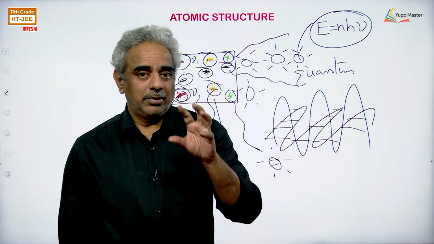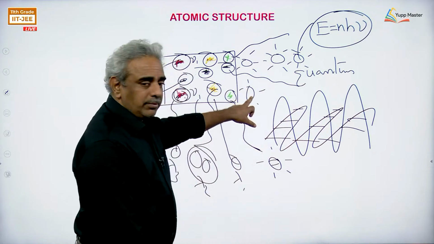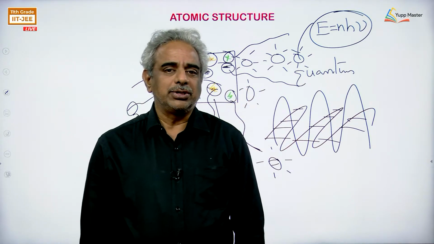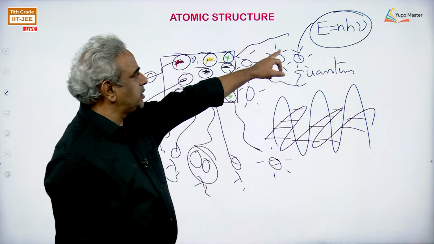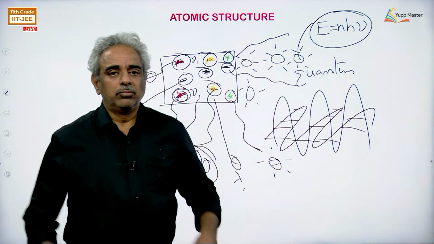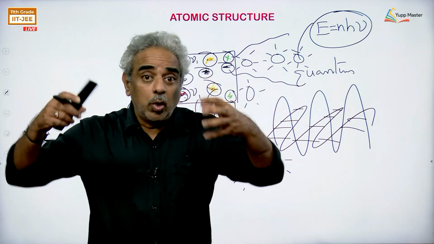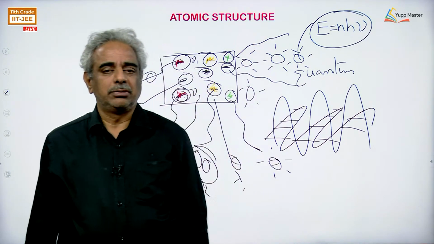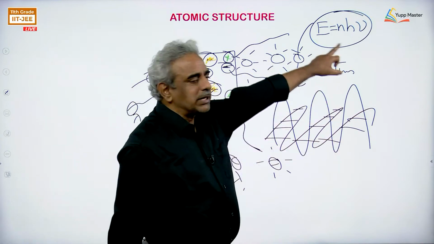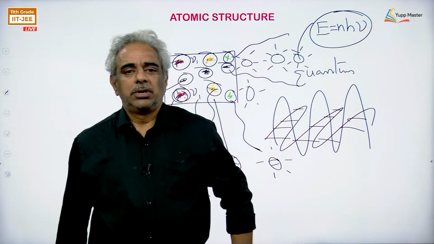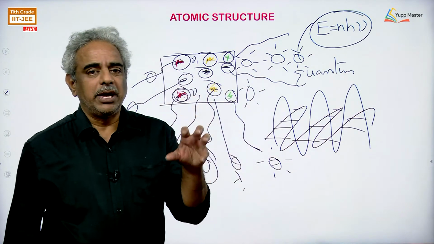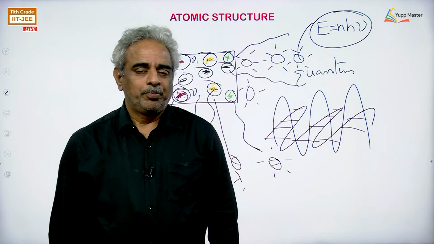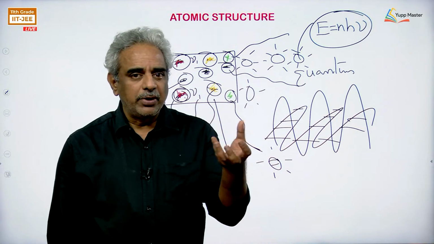Now, each packet may be containing a bundle of radiations. That is why E is equal to nh nu. More the n, more the intensity. More energy is packed in a radiation. This corresponds to the intensity of a radiation. That intense radiation will be there if more bundling happens. So, multiples of each quantum,